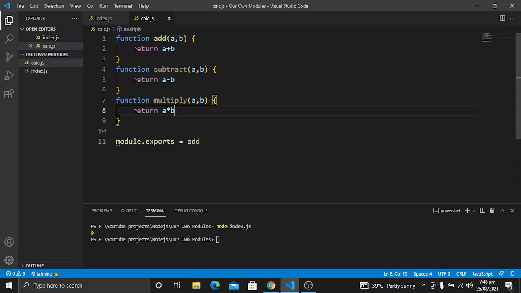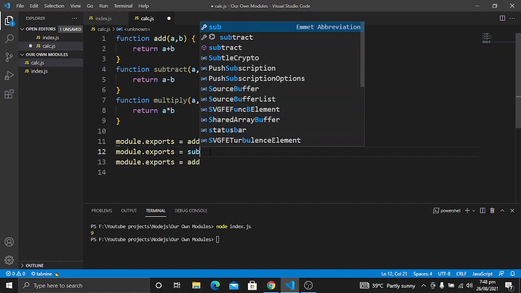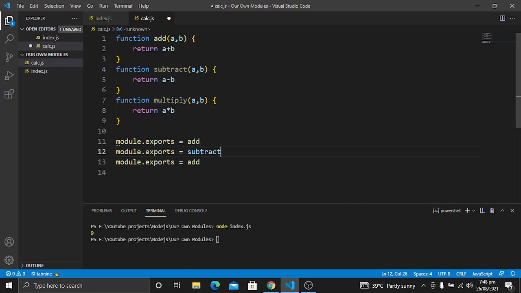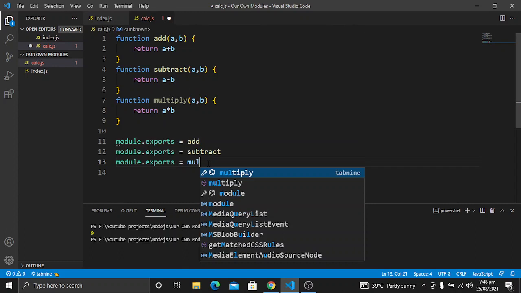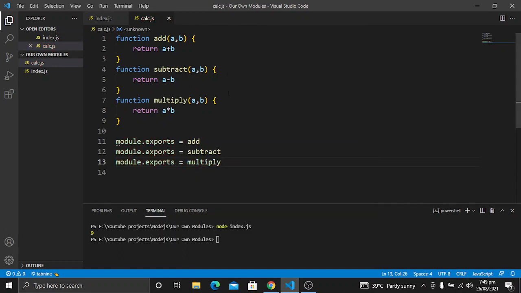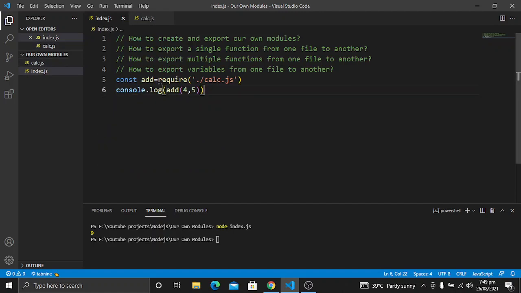And now what I want to do is I want to export these functions. So let's use the similar way. I will also tell you the better way, but let's assume that we want to export these individually. So let's export it in this way. Right now multiply. So let's see. So when I will export it as here, now what you will see is all of these functions will be stored in these variables.